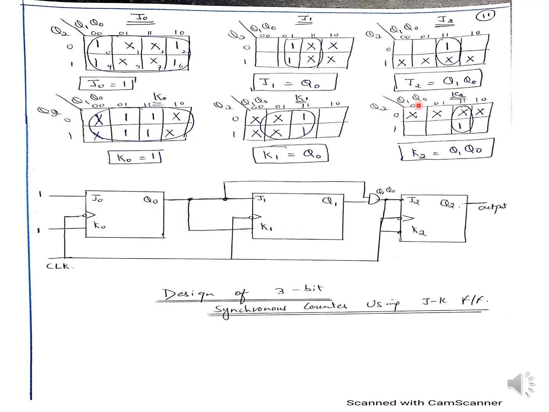Okay. Now what is J2? J2 is Q1 and Q0, the multiplication, the AND gate of Q1 and Q0. So this is Q0 and this is Q1. I have connected them with the AND gate and then I have connected to J2. Okay. And K2 is also similar, Q1 and Q0. So I have connected the output to K2 as well. And this Q2 will give the output. So this is basically the schematic diagram, the flow diagram of the flip-flop.